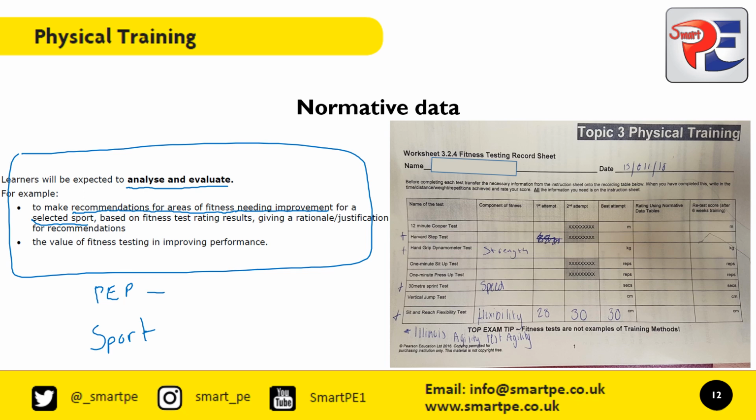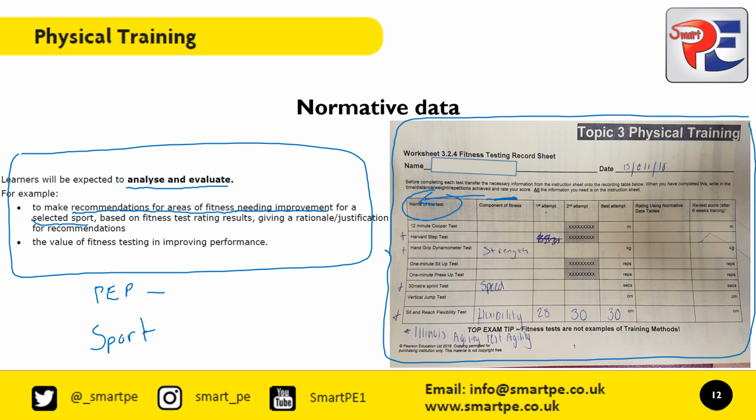So in this section, you've got one of these. You've been completing them over the last 3 lessons. This one needs a bit more filling out. In this particular box, you will have all your components of fitness listed, related to the names of the fitness tests. You will then have your different attempts and your best attempts. You must then be able to compare your result to normative data tables, and you will then have a complete list of ratings between excellent and poor. Now let's say, for example, you have got a rating of poor in the 12-minute Cooper test,